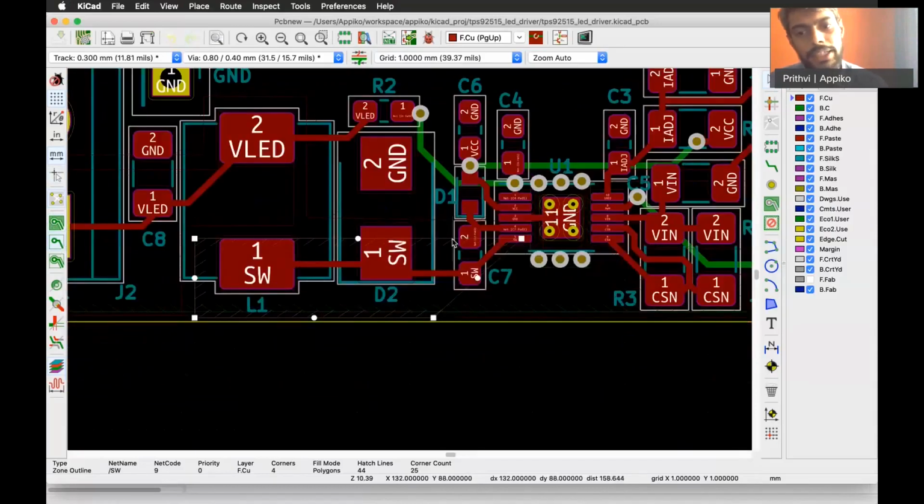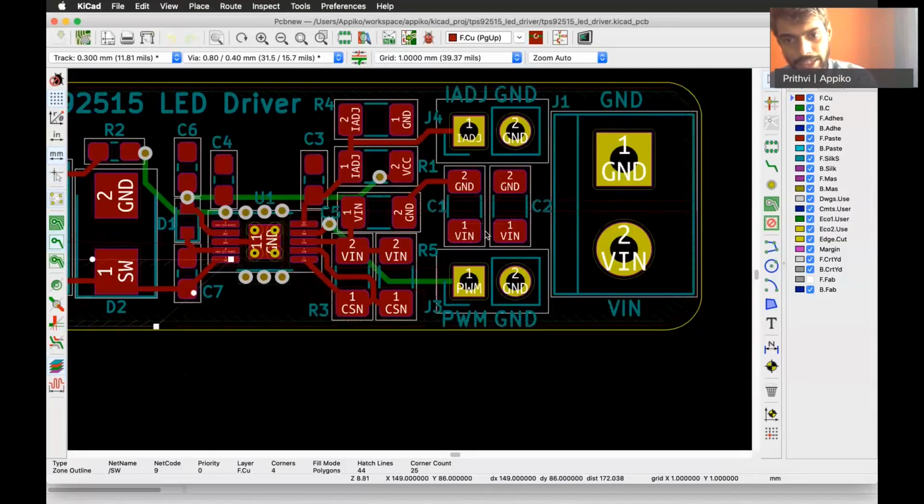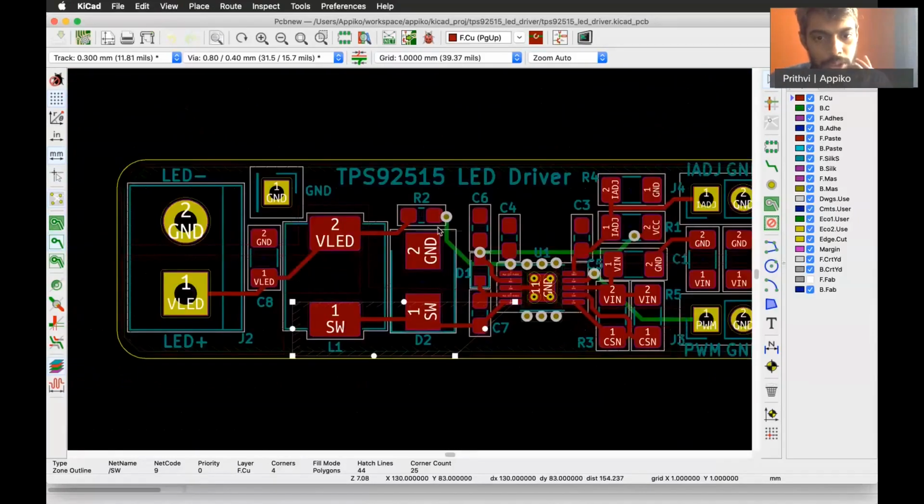That way various copper pours have been added based on the particular design needed. Components that you choose in a particular design also have to have the appropriate current rating as specified by the application. That's why you have these big inductors and diodes present here.